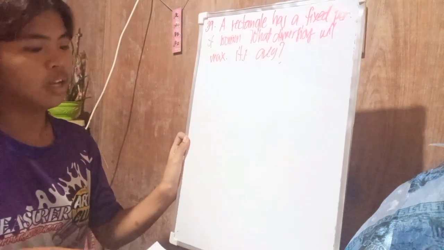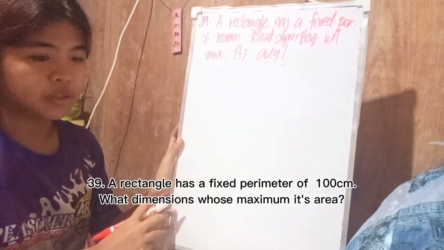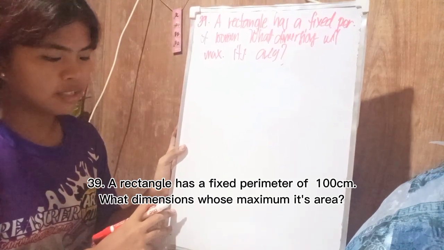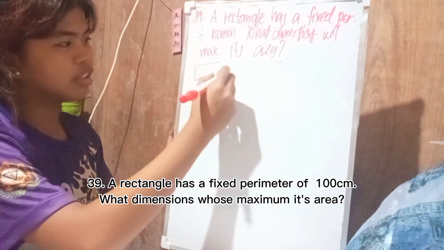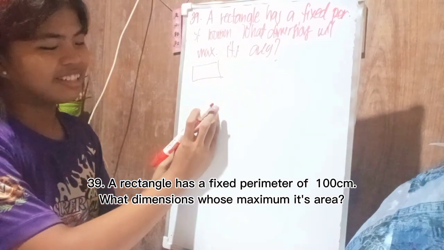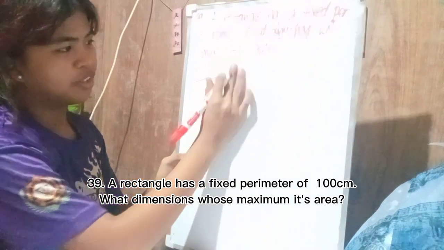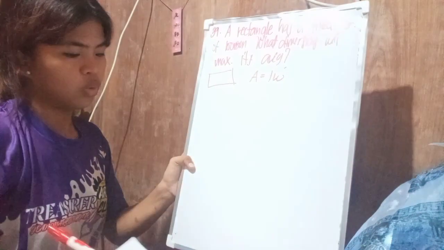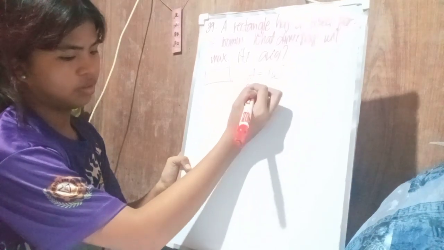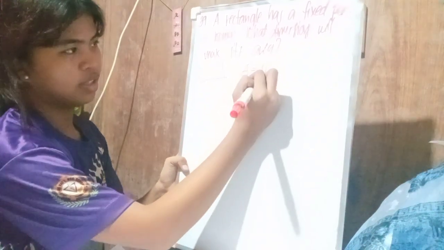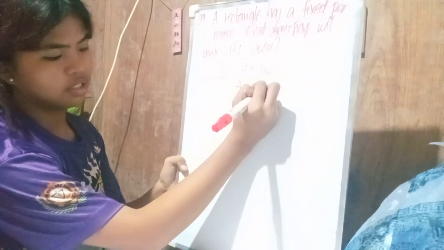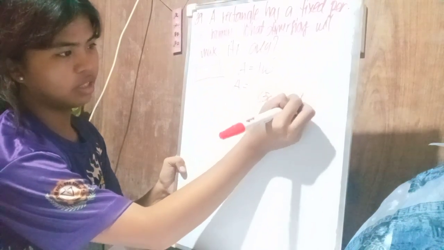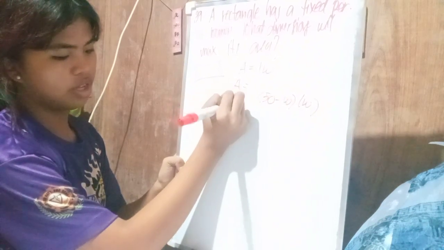So, a rectangle has a fixed perimeter of 100 centimeters. What dimension will maximize its area? So, rectangle. First, we will find its area. So, let's put it here. So, its length is 50 minus width. So, A equals